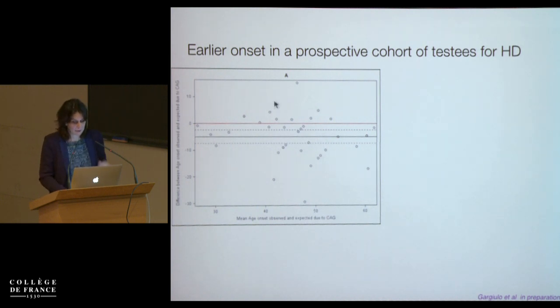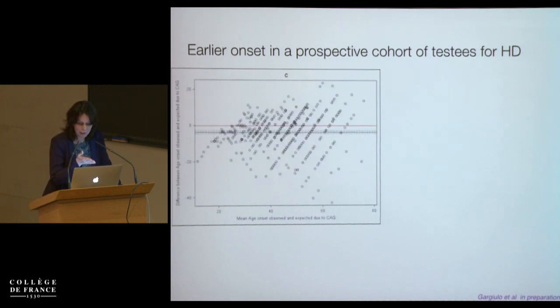And you can see on this graph here that if you take the middle band between the dotted lines, that is if your age at onset falls into what you calculated, and this is earlier and this is later. You see most of the people start the disease earlier than what you calculate when they know about the disease. So there is the fear of people doing the test and telling me, if I know about my status, will I start the disease earlier? I think they're right, or the Langbein formula is wrong, which is probably the case,